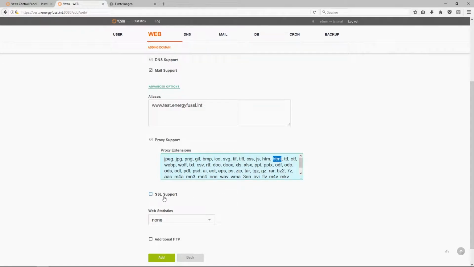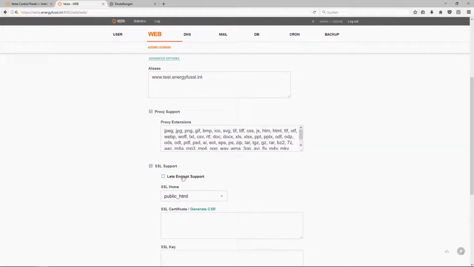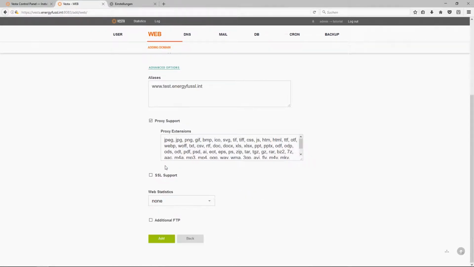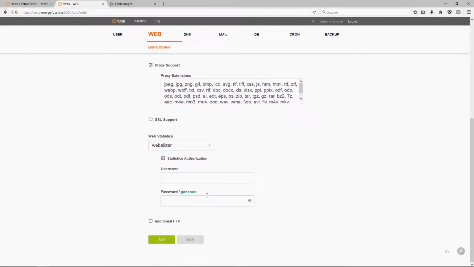We can also tick if we want SSL support. There's also a tool for Let's Encrypt, so you can get a free certificate, but we don't want to do that now. We can also choose if we want for the web statistics webalizer or AW stats. Yeah, we want the webalizer. It is good to do statistics